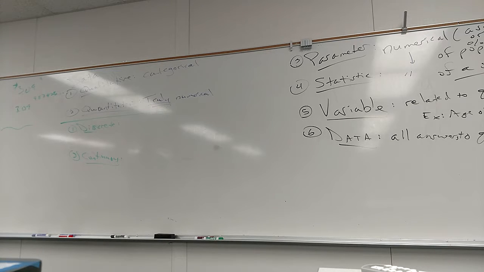If I ask you, how much does your backpack weigh? And you go, about 10 pounds. The fact that you made it a whole number, does that make it discrete? No. What could it be? 9.8746392222247 forever pounds, right? So that is an example of continuous data, because it could take on any value in a continuum. Now, if I ask you how many books you got in your backpack,